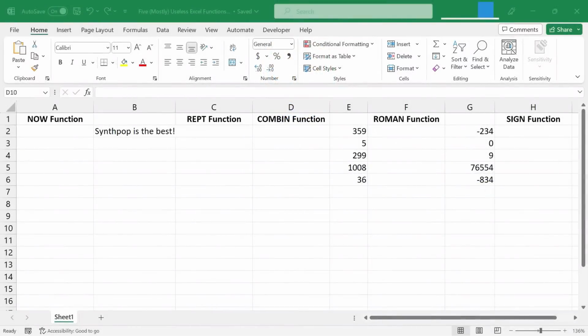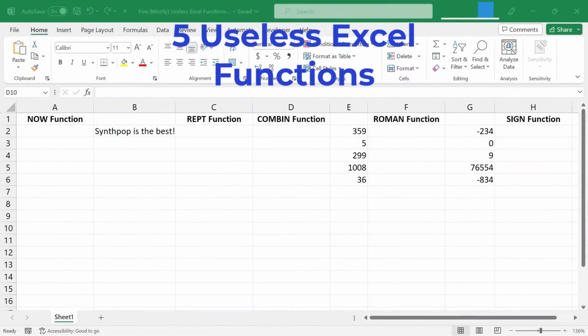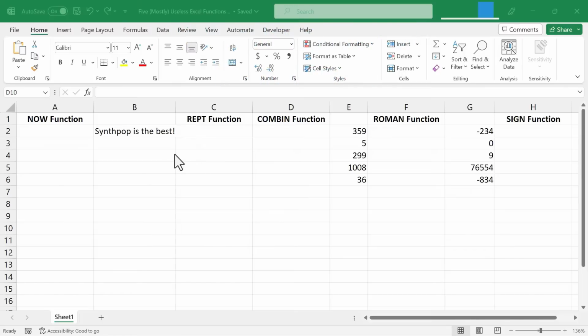In this Excel video, I'm going to show you 5 of the most useless Excel functions. Let's get started. So here I have a spreadsheet that will show off all 5 of these mostly useless Excel